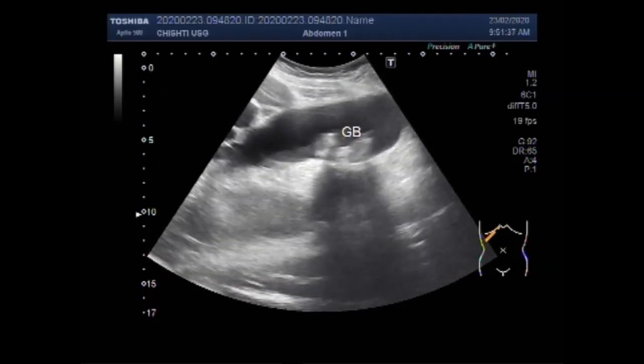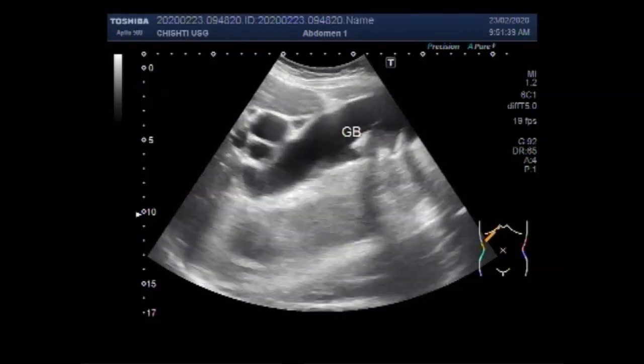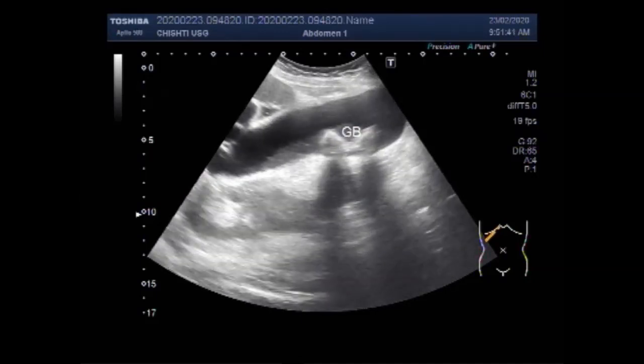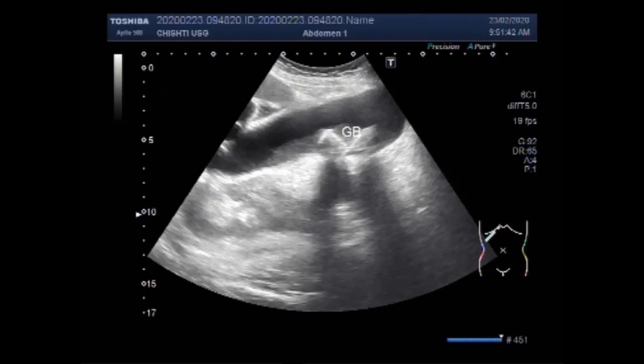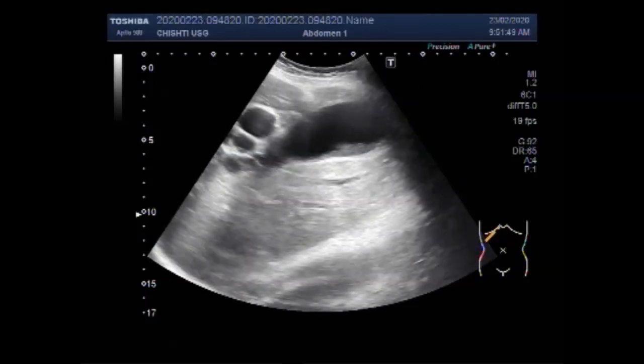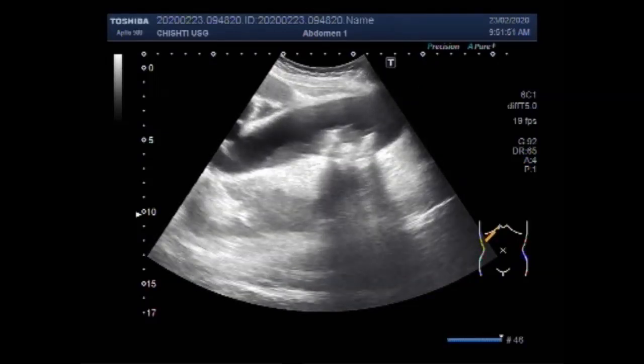Abdominal ultrasound is the test that is most commonly used to look for signs of gallstones. Abdominal ultrasound involves moving a device, a transducer, back and forth across the stomach area. You can see the stone shadowing, and these are the stones, and thick sludge is also seen, and the gallbladder is slightly thick walled.